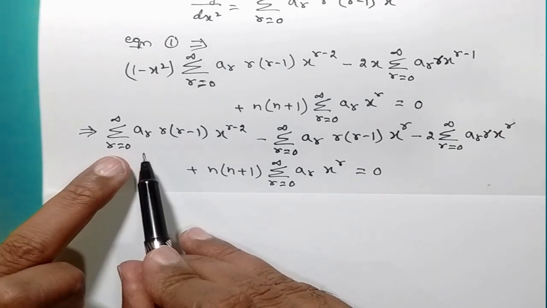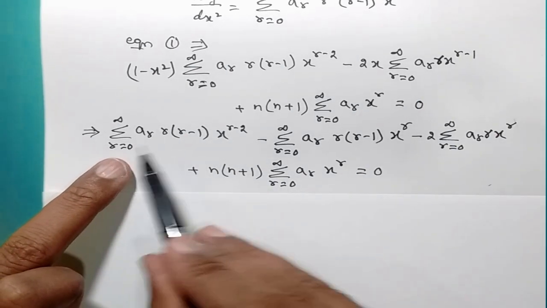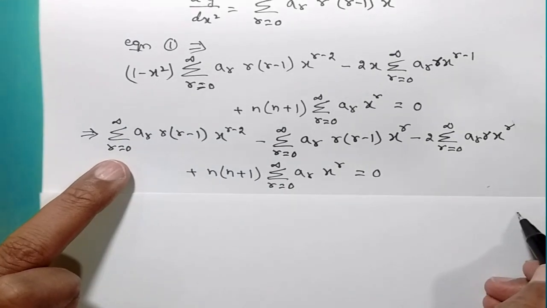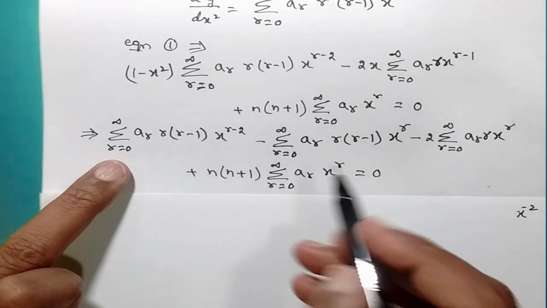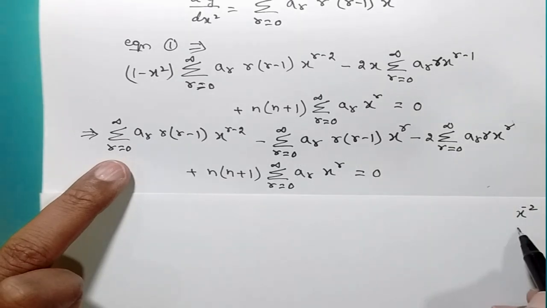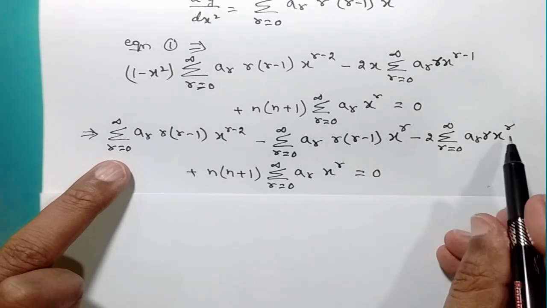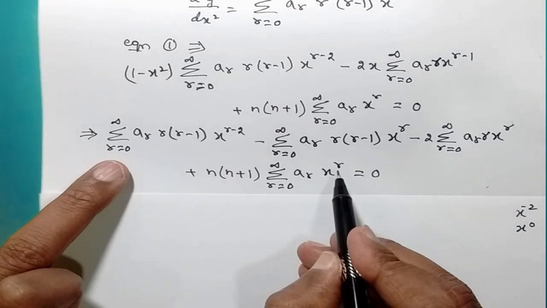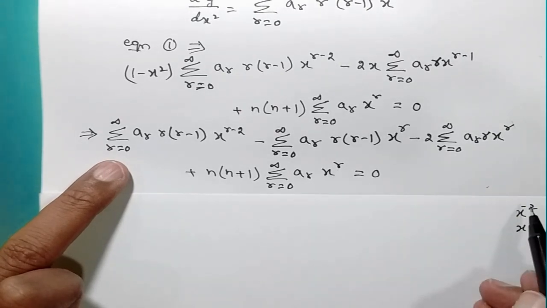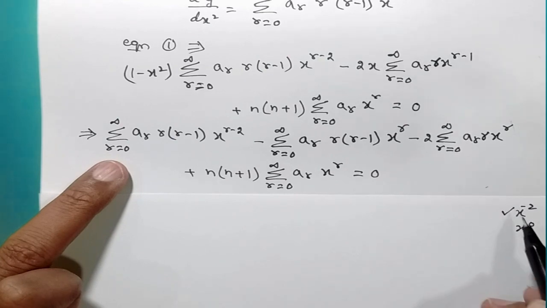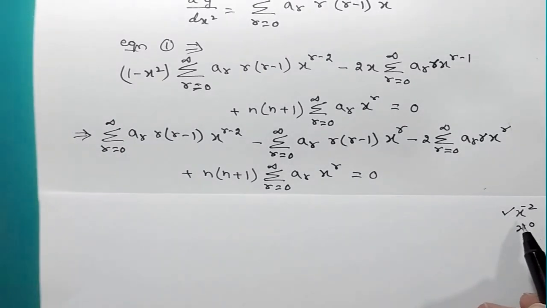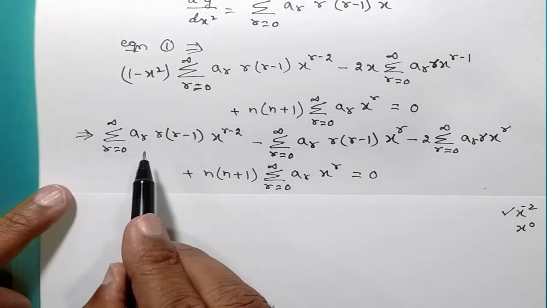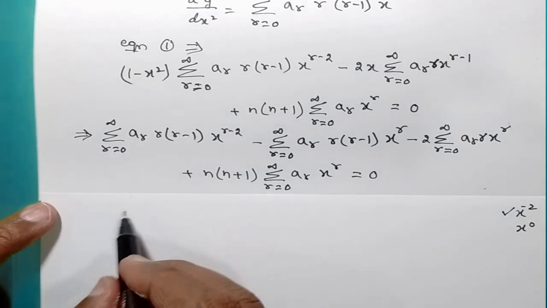Let us put r as 0 in all the equations and check. If you put r as 0 over here, what will be x power? X power of minus 2 you will be getting from the first term. In each of the other terms, if you put r as 0, I will be getting x power of 0. So out of these, which is the lowest power? Lowest power is x power of minus 2, which is there only in the first term. So I have to take only the first term by taking r as 0.